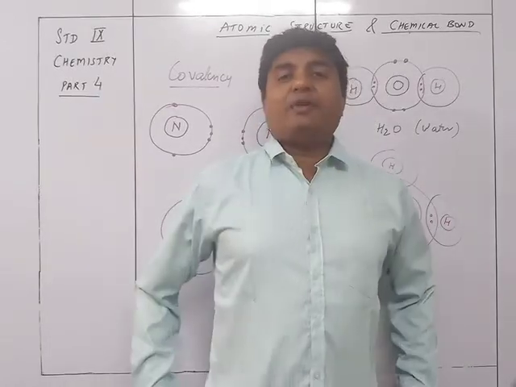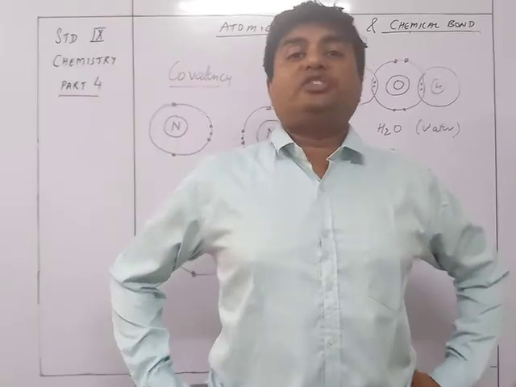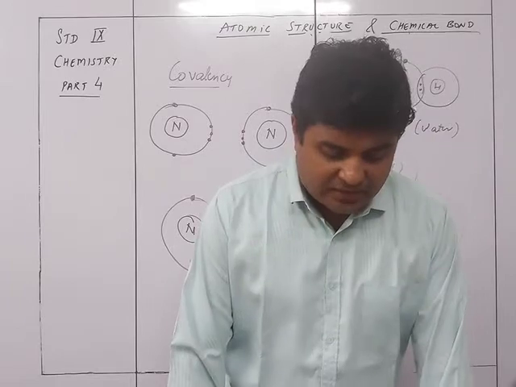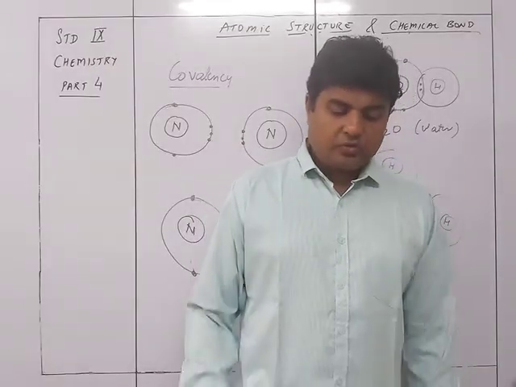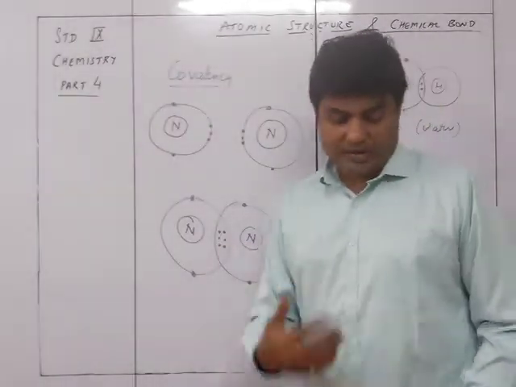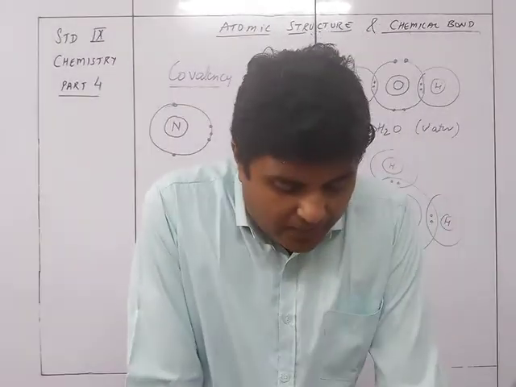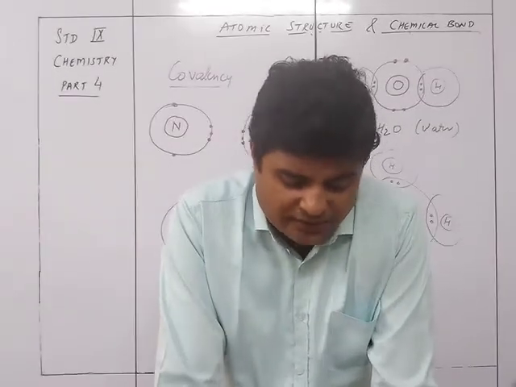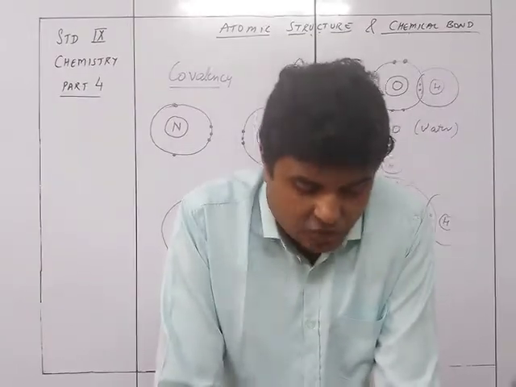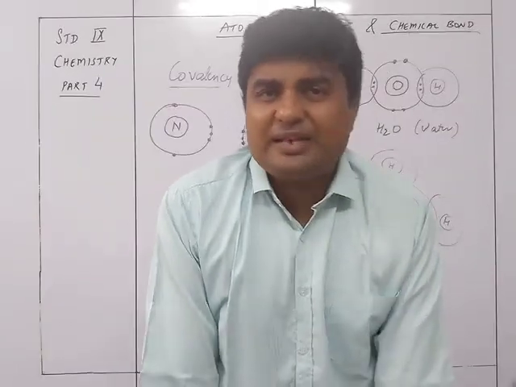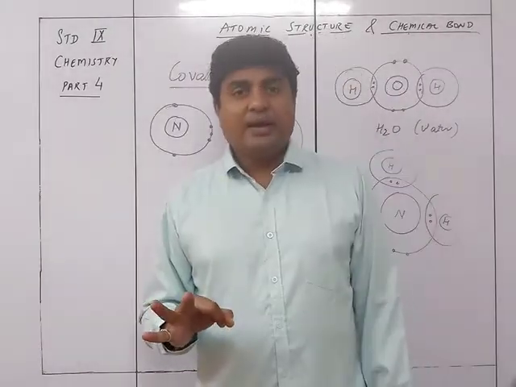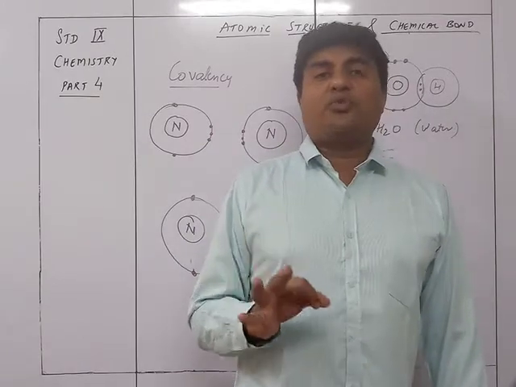The second kind of combination will be of sharing of electrons. So, mutual sharing of electrons between pairs of atoms of non-metallic elements. If there is mutual sharing of electrons, as we see over here, between two atoms, the chemical bond formed due to the mutual sharing of electrons between the given pairs of atoms of non-metallic elements is called a covalent bond. So it is always seen that the covalent bond will exist only between non-metals. Non-metals are the ones which form covalent bonds.